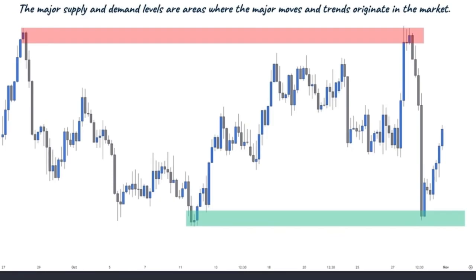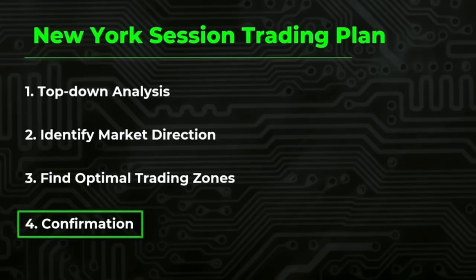You could use these levels to make informed decisions, as they can act as strong indications, helping to predict price movements and plan entry and exit points. Now, in the final step, we zoom into lower time frames, like 5 and 15 minutes, to look for confirmations